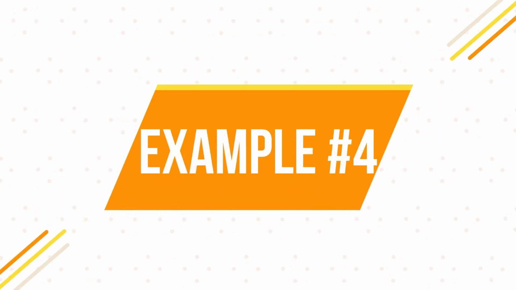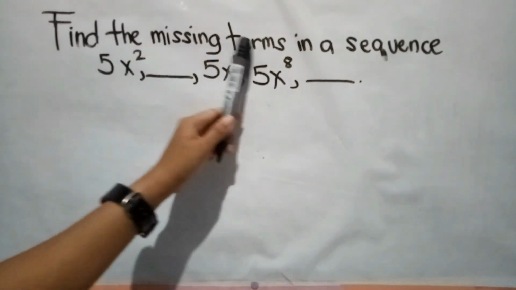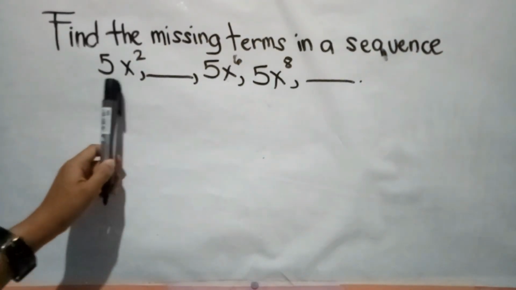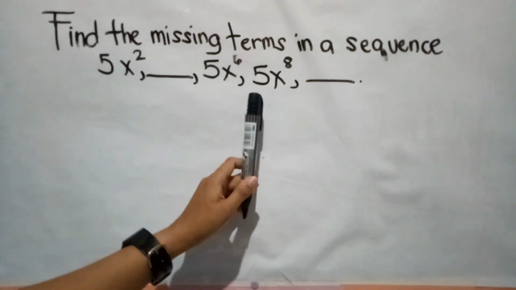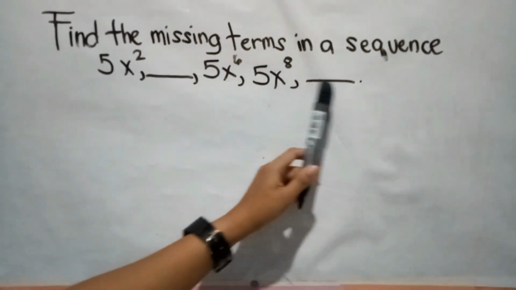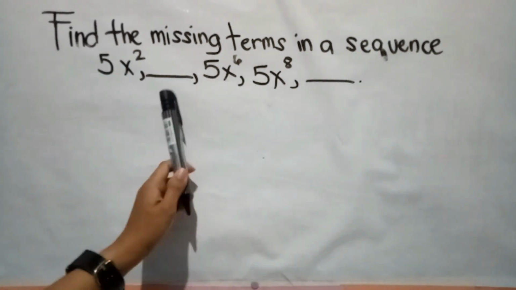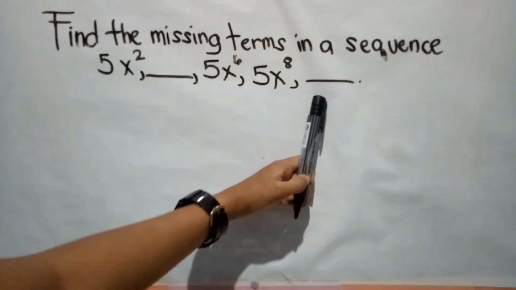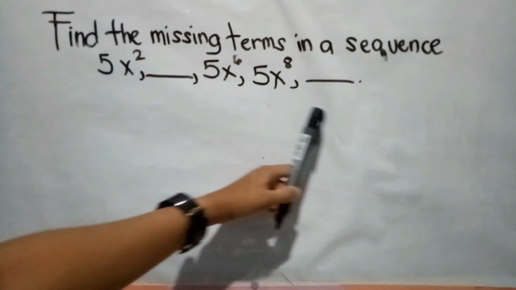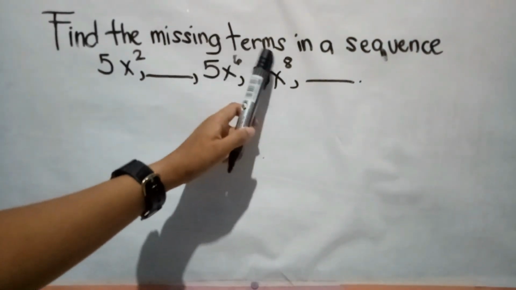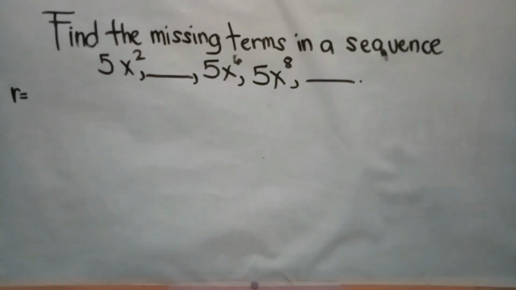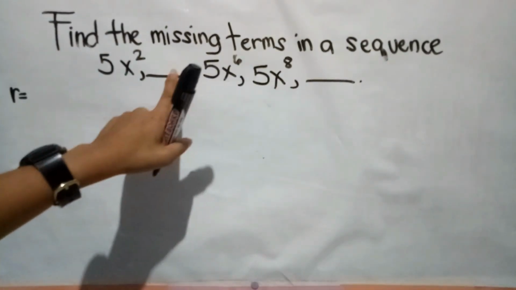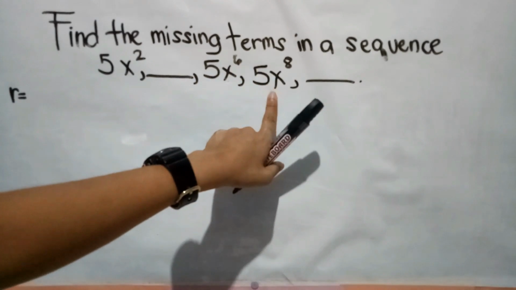Let's have example number 4. Find the missing terms in a sequence: 5x squared, blank, 5x raised to 6, then 5x raised to 8, and then blank. So we have two missing terms here. The first thing is to get the common ratio because we are looking for the missing terms. So we have r is equal to, okay, we don't have a sub 2, so we will use the a